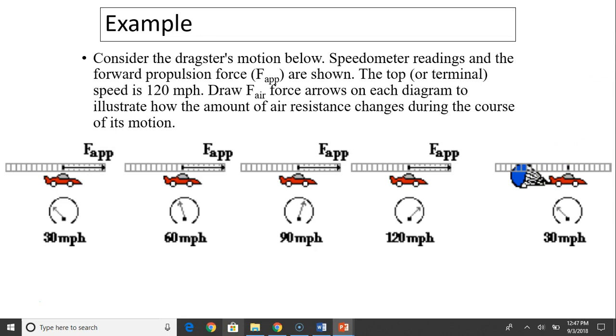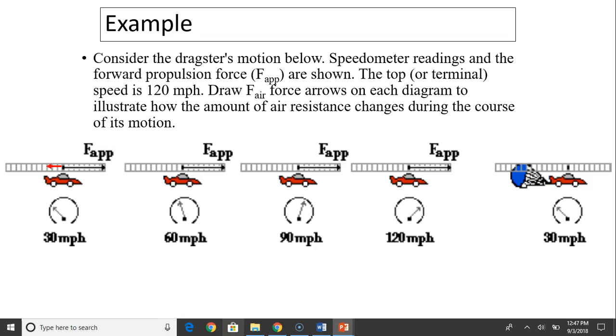Let's take a look at this example. Consider the dragster's motion below. Speedometer rating and the forward propulsion force are shown. The top speed is 120 miles per hour. Draw an F air force arrow on each diagram to illustrate how the amount of air resistance changes during the course